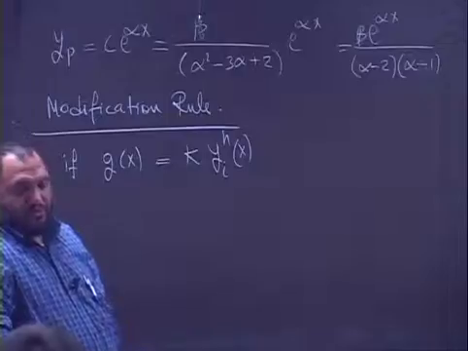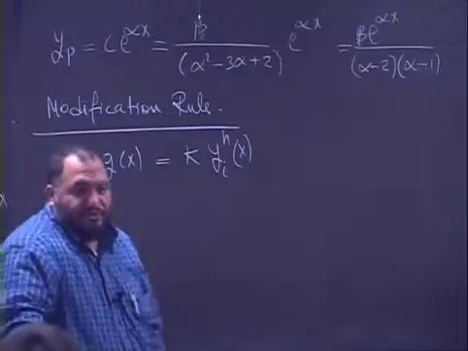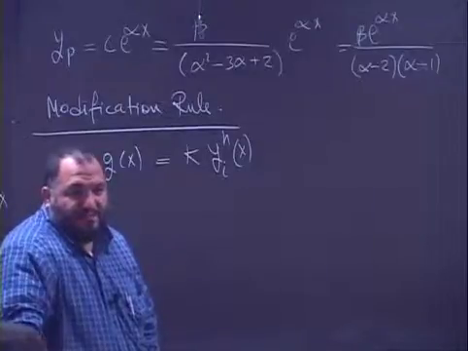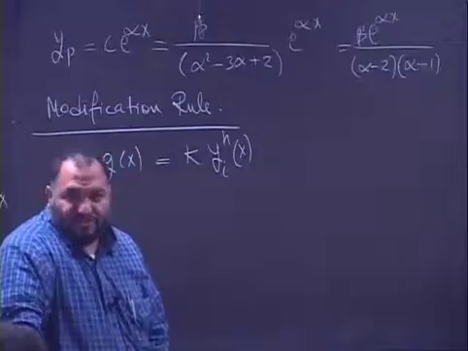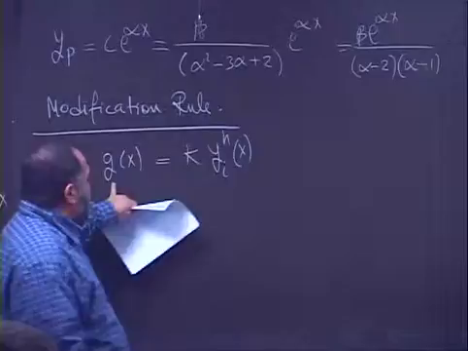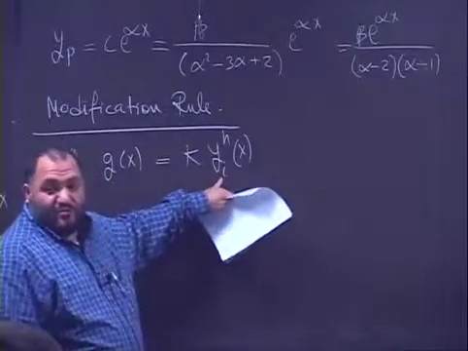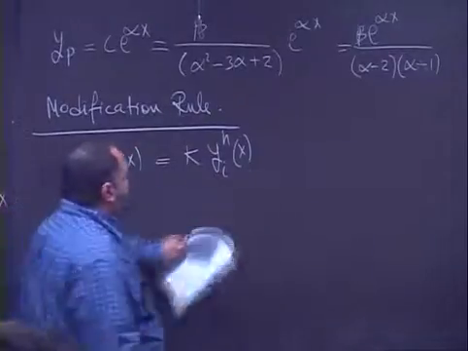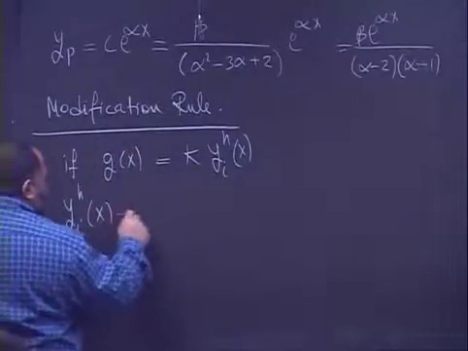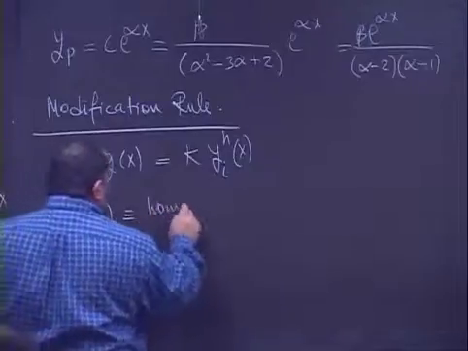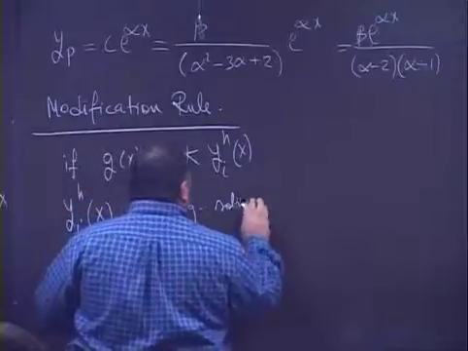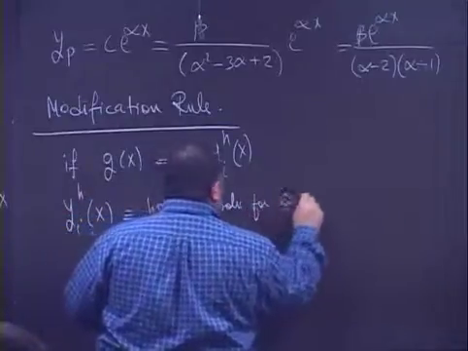We knew that for an nth order differential equation, we will have n solutions, so C1 y1 plus C2 y2 plus C3 y3 up to Cn yn. So if we have g of x equal to some constant multiplied by one of those solutions, yih, the homogeneous solution for the ODE,